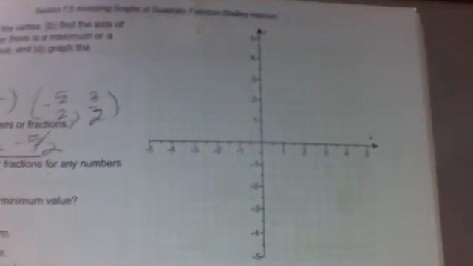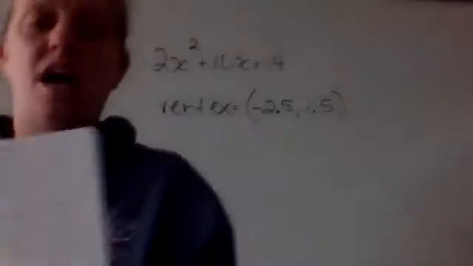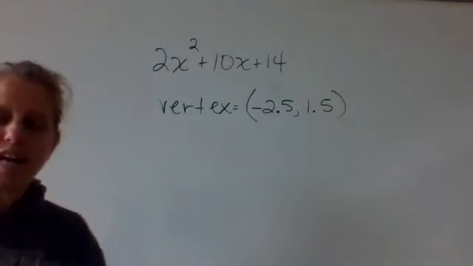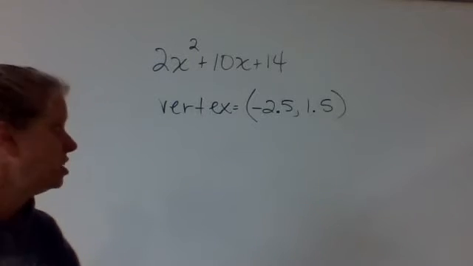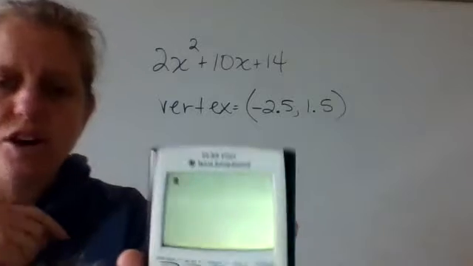You are going to have to move it to the left 2.5. So it's not like that's just a wasted part of this problem. You are going to want to know those decimal numbers. But when you enter the vertex in for the vertex part of the problem, it's going to want to know the fraction form. So just go to second quit, get back to your home screen,